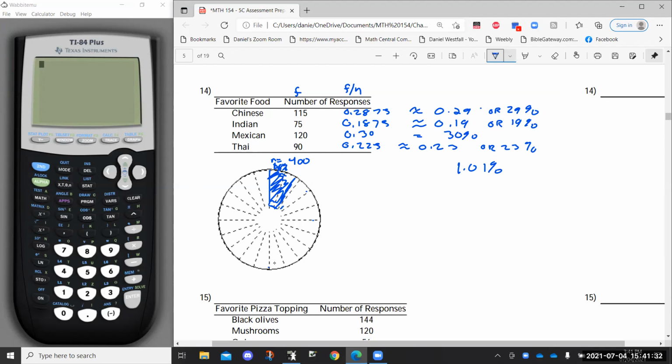Going to come out to here. And then 30 is going to be like this. We should be at